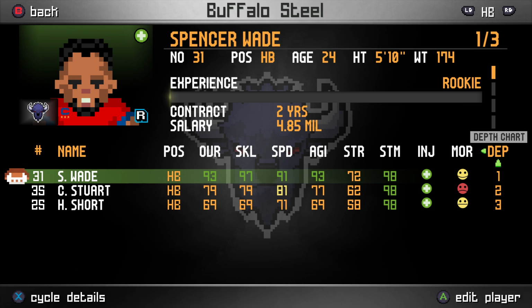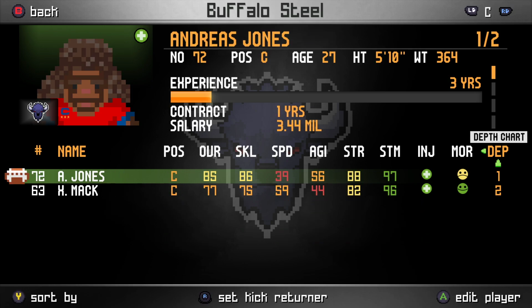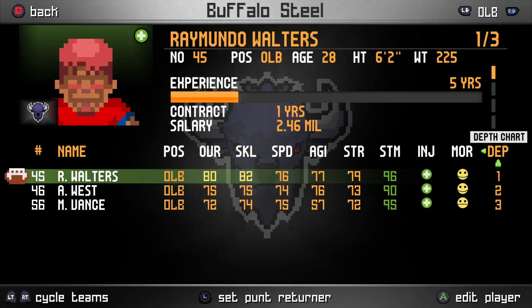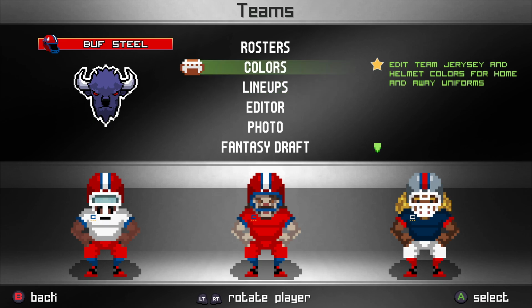Once you get familiar with your roster, you know the teams very well. And these are all fictional players, so it's hard to really see the difference right here. But all the guys were shuffled, right? If I go back and I reset,